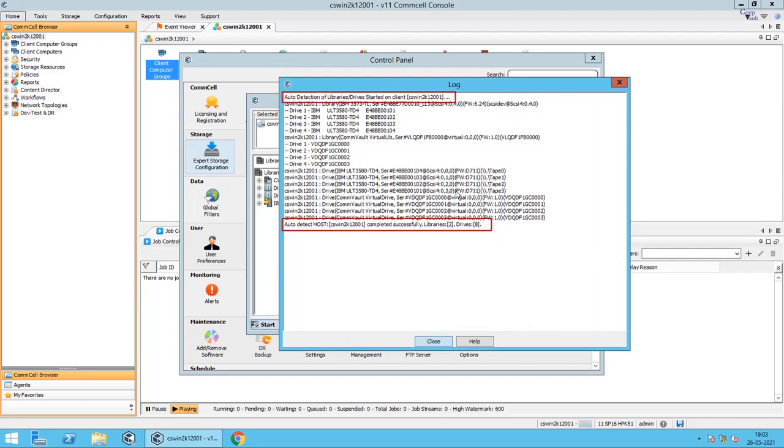Detection completed successfully, and it has found 2 tape libraries, with a sum of 8 tape drives. 4 tape drives are from the new tape library that we are about to configure, and the other 4 tape drives might be from the other tape library. These 4 IBM Ultrium TD4 from the list are the IBM tape drives we are about to configure,